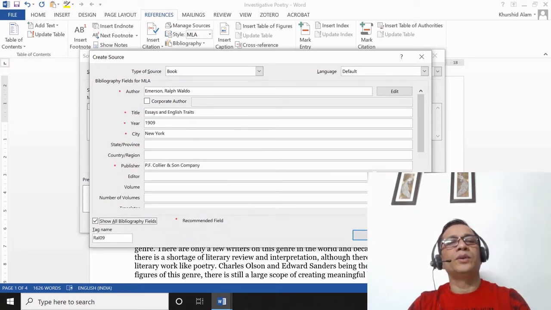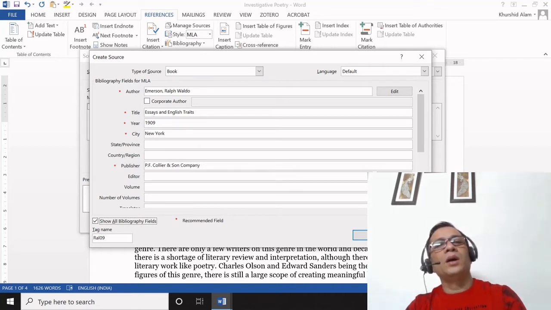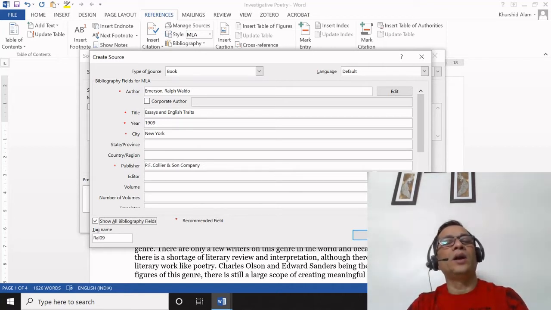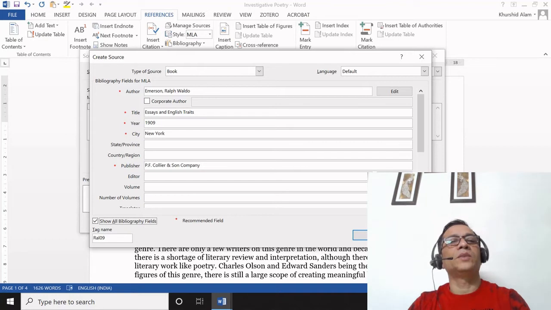Here you will find one option, show all bibliography fields. So I am going to click this to make sure that I have entered all mandatory fields. You can see the star in red color. This means that these fields are mandatory fields to fill in.